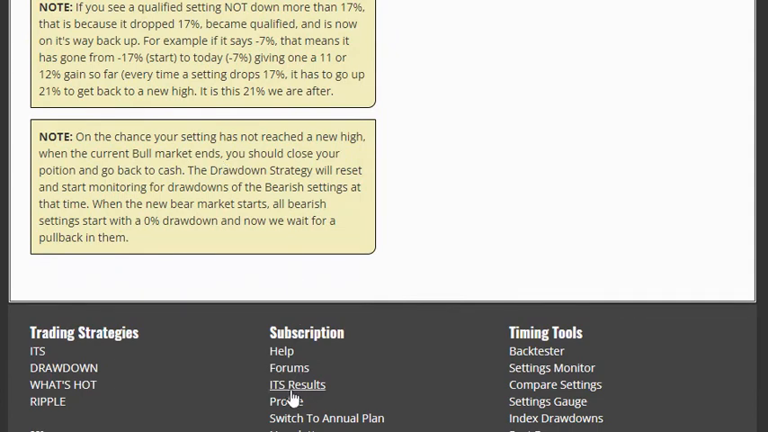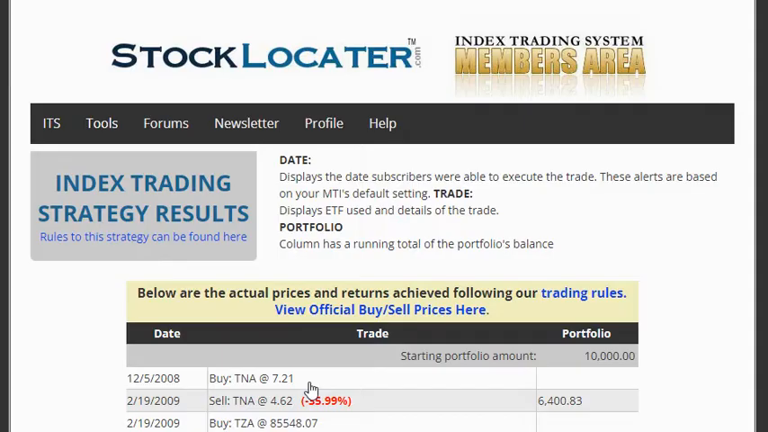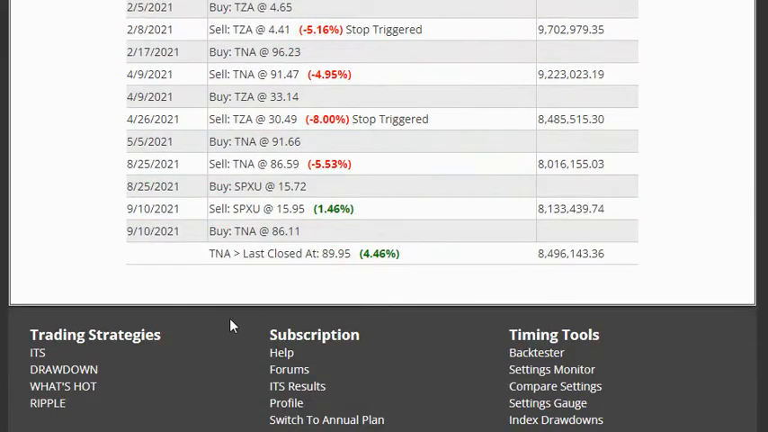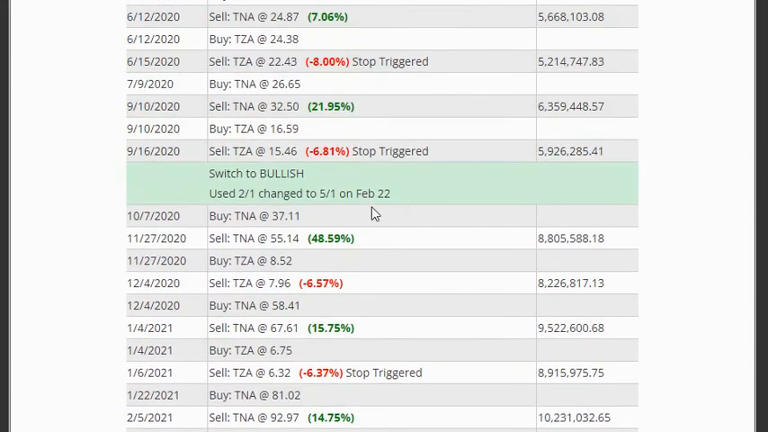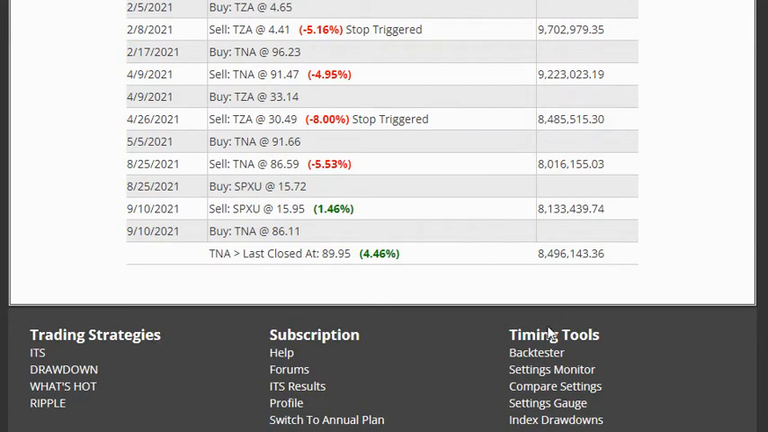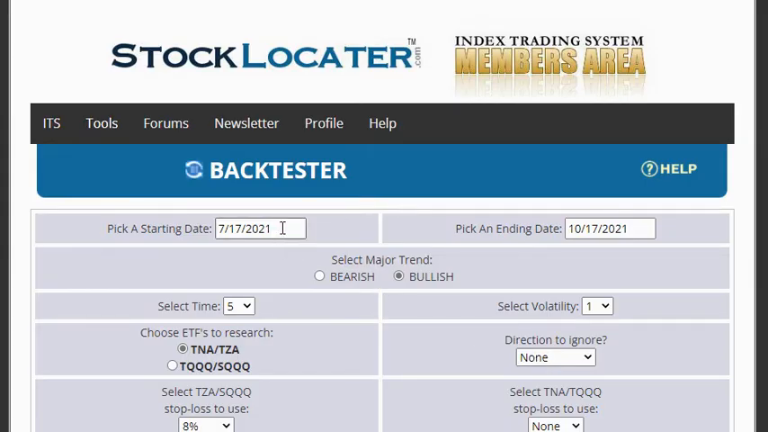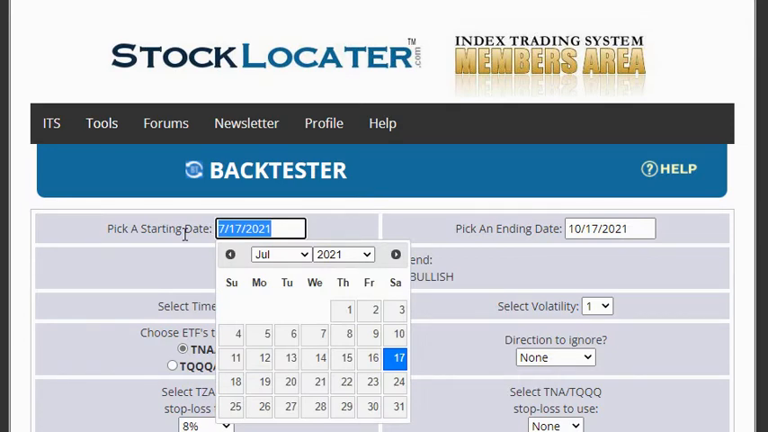So probably the best way is to come down here to the ITS results, go all the way down to the end, and find when the current bull or bear market started. You can see right here we switched to the bullish settings. So that's when the bull market started, and we can use October 7th of 2020. You would come down here to the back tester and put in October 7th of 2020,